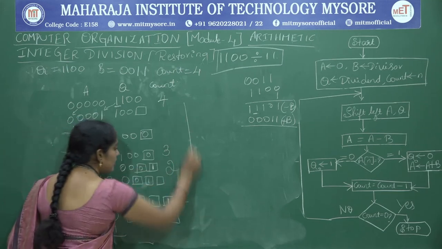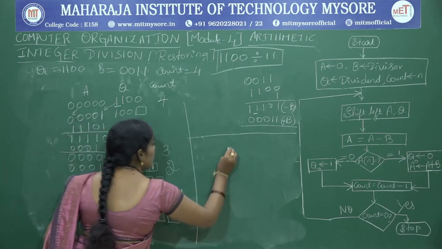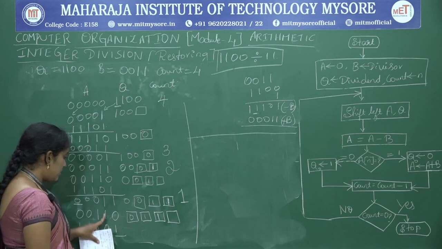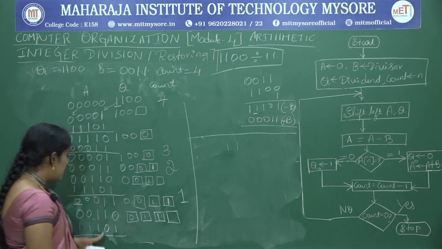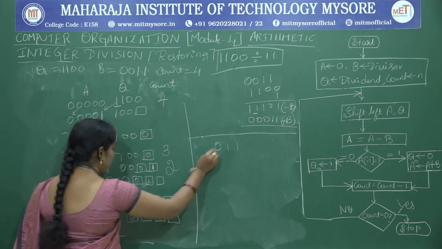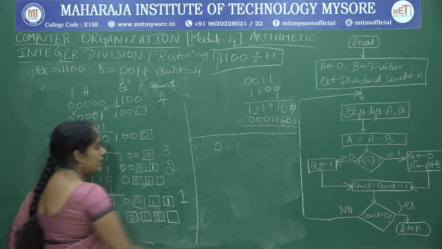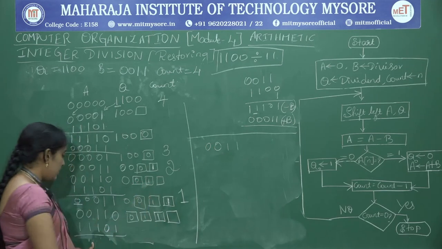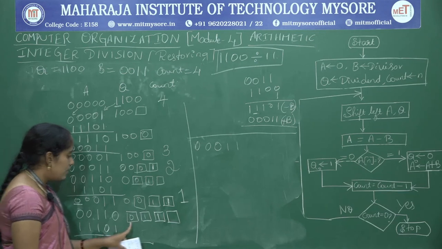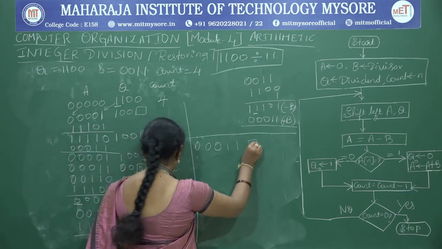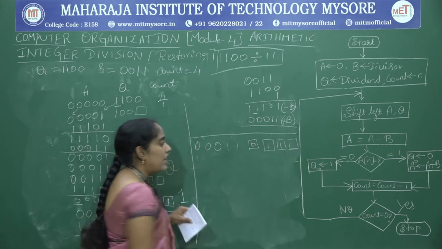So what is the answer here? So 0 1, it is 1. Next is 1 0, again it is 1. Okay. So 1 1, it is 0. So here we have carry 1. So 1 0 1, again it is 0. Again, yes, it is 0. Okay. So here Q will contain 0, 1, 1 and blank, right?